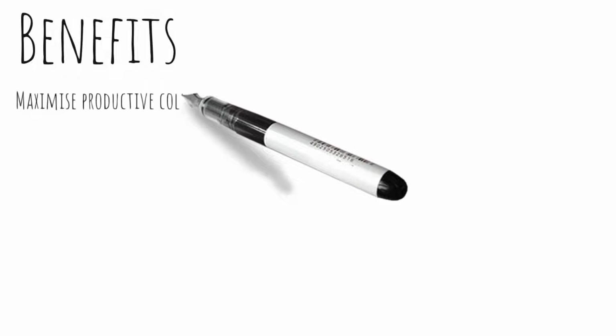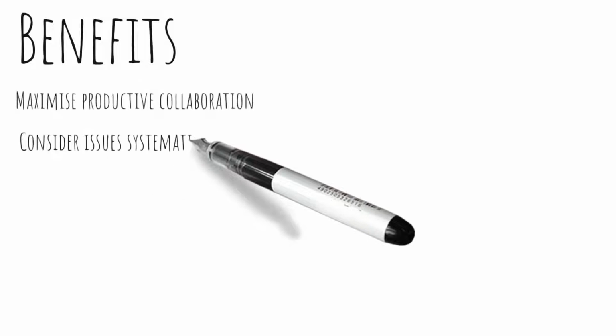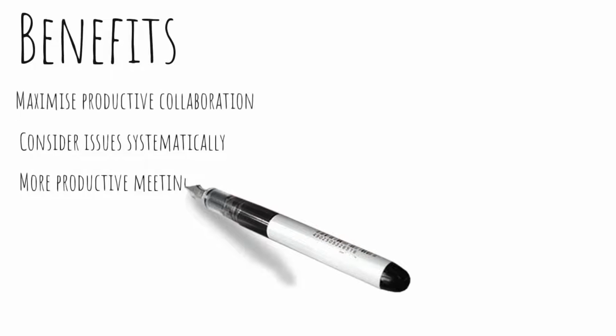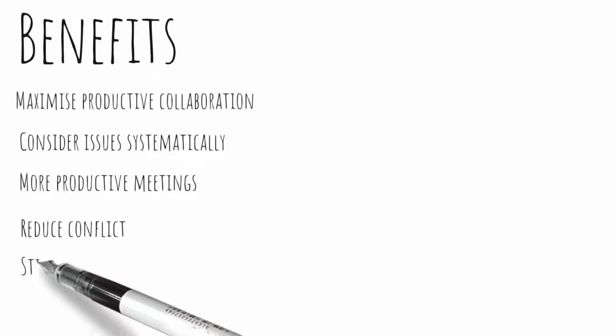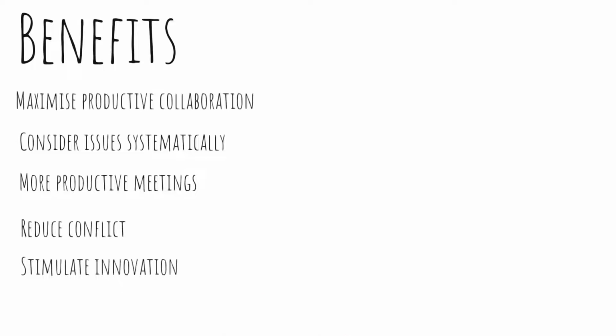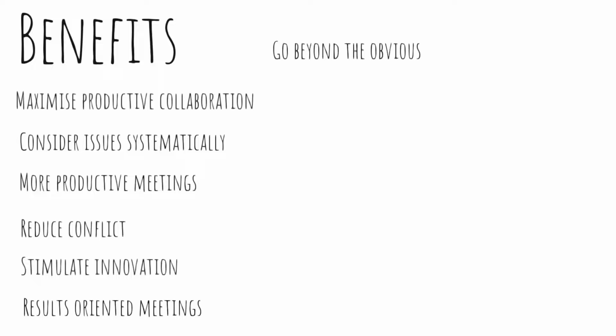De Bono identified a number of additional benefits by using his method, including maximising productive collaboration and minimising counterproductive interaction and behaviour, consideration of issues, problems, decisions and opportunities systematically, making meetings much shorter and more productive, reducing conflict among team members or meeting participants, stimulation of innovation by generating more and better ideas quickly, creation of dynamic, results-oriented meetings